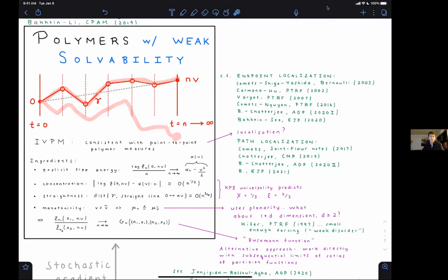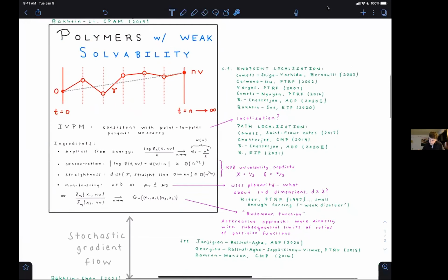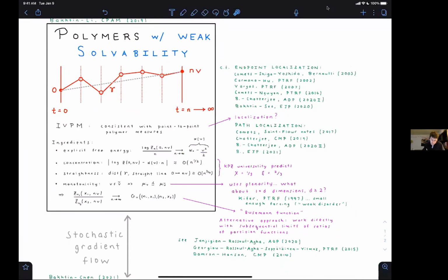Right? So that's just the monotonicity principle. And that definitely relies on planarity. And this is an ongoing issue: we can prove things in 1+1 dimension, but when we go to higher dimensions, some of these monotonicity properties go away, and then we run into trouble. Okay. And the last thing I'll say about this is that there is an alternative approach.